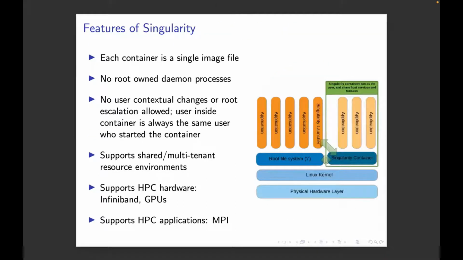So what are some of the features specific to Singularity that are kind of interesting and make it useful for the HPC space? The first one, which I think is really nice, if you've ever worked with Docker, is the container image itself is a single file. Docker has this whole layering process, a chain of files that go into building an image, right? And there are advantages to that, but